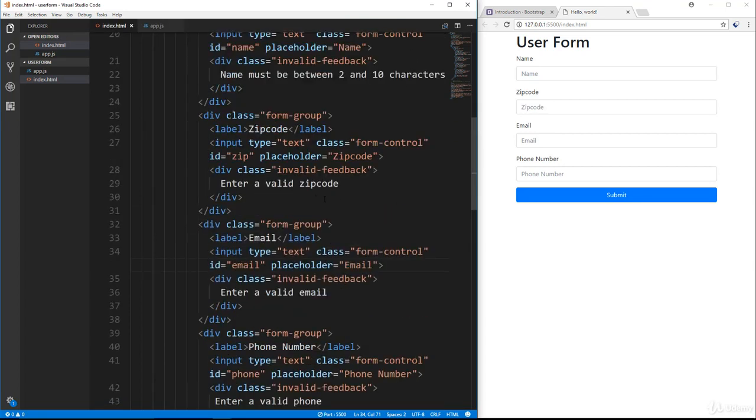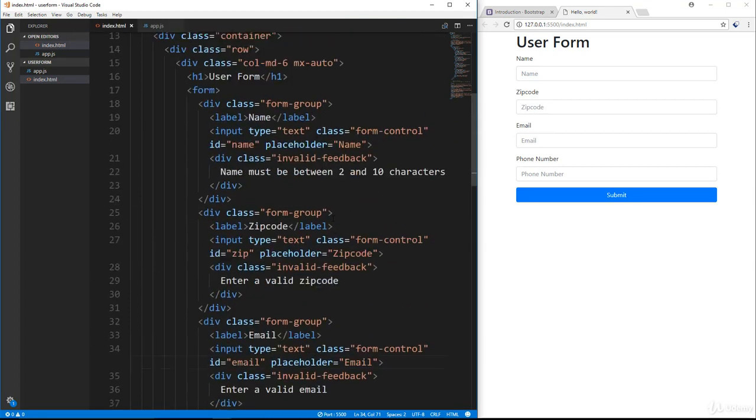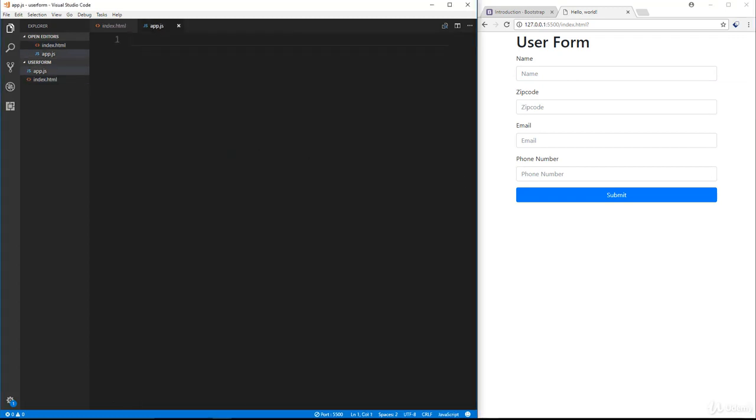Now the way that I want to do this is, every time we put something in here and cause the blur event, so when we click out of the form field, that's when I want the validation to go off. I don't want to simply make it so that when we submit the form, all the stuff shows. I want it to be dynamic, where we leave the form field and it tells us if it's right or wrong. Okay, so we're going to go to our app.js here,